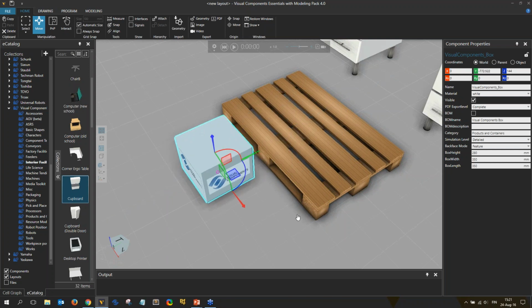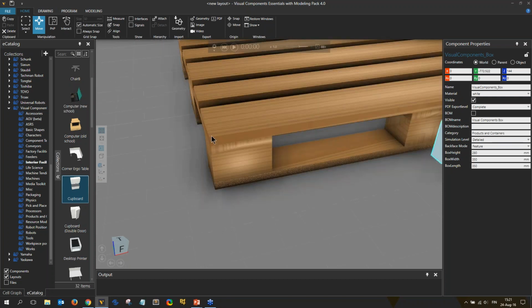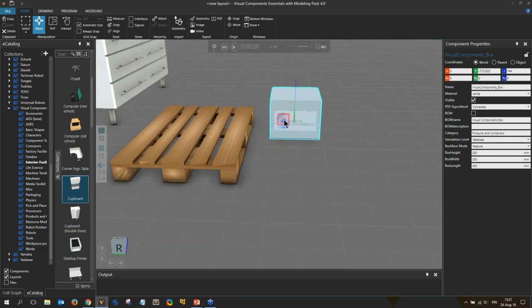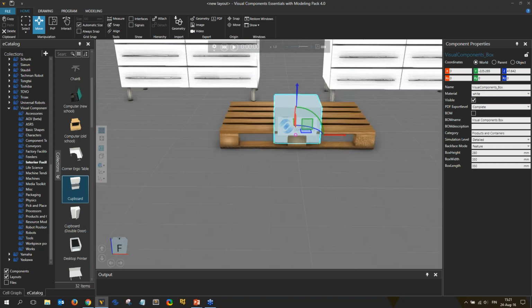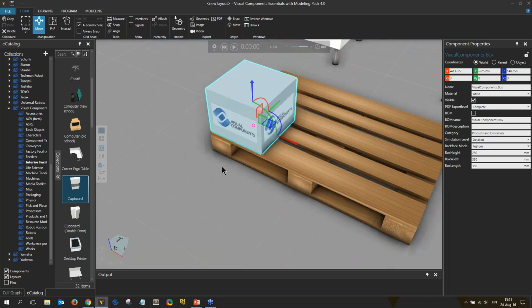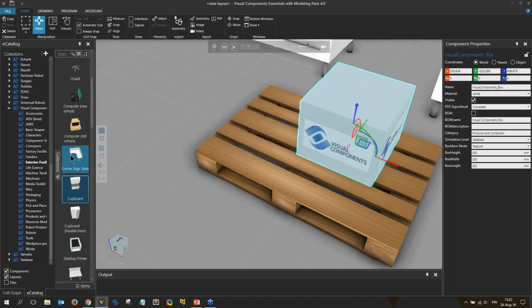Okay, that's that. So let's say we want to move this box so that the corner of the box goes to the corner of the pallet. Of course I could simply eyeball it there, moving from this plane and then moving from this plane, but I'm probably not quite there. So we should do snapping or something similar. So we find some commands here,